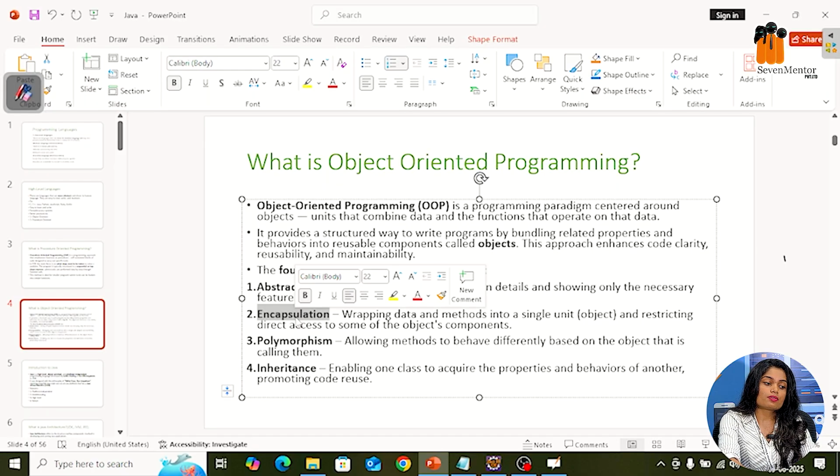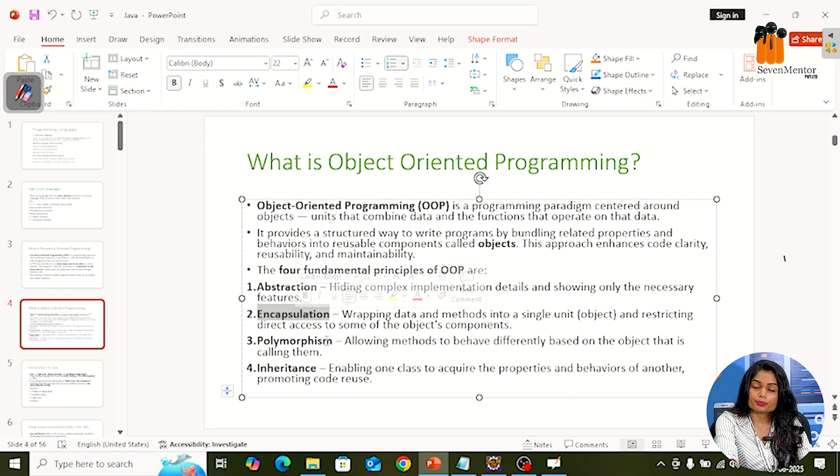The second feature we have is called encapsulation. Encapsulation means wrapping all the data into a single unit. Also we can say that encapsulation is used to hide the data. What is meant by wrapping all the data into a single unit? We know the capsule. In a capsule there are small medicines, and we wrap them and inject them into our body. So this is encapsulation, wrapping all the data into a single unit.